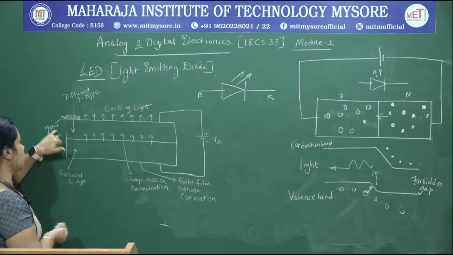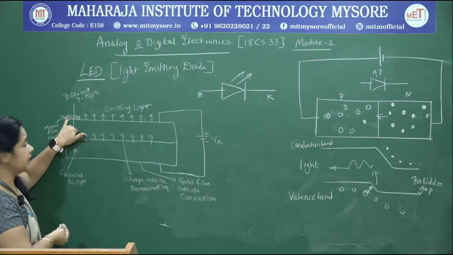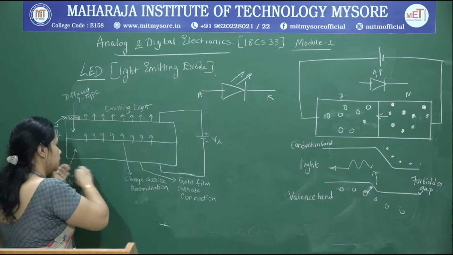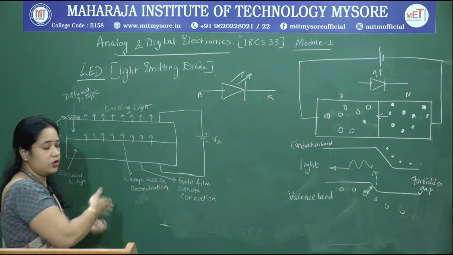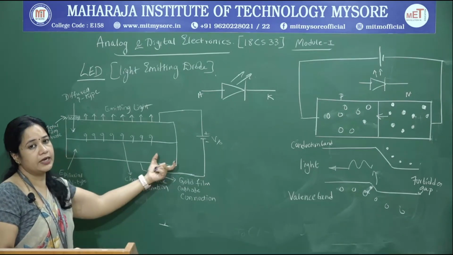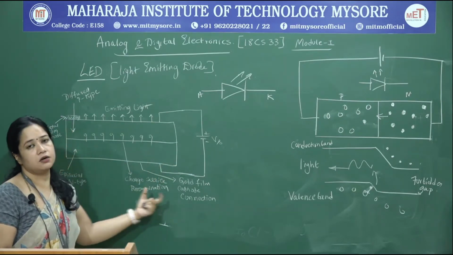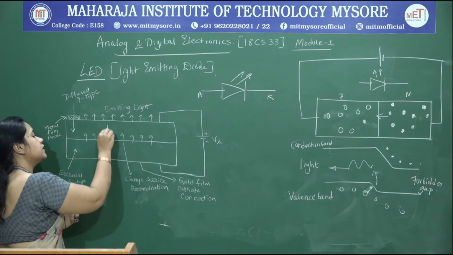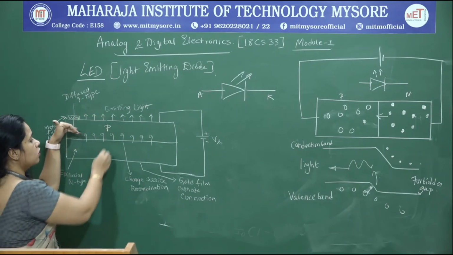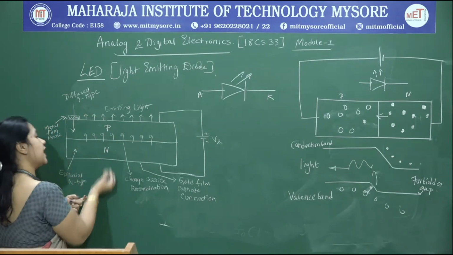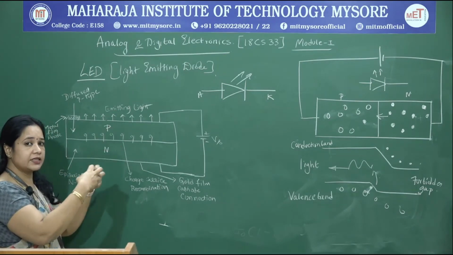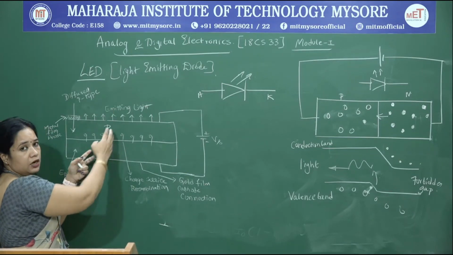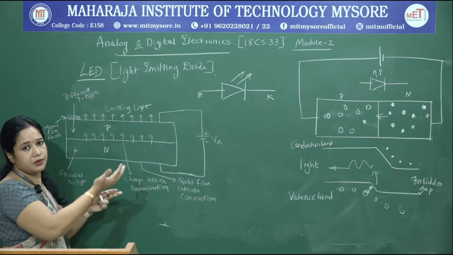To provide external connection, we have a metal film oxide which is used to draw the connection for the anode, and we have a gold film cathode. A layer of gold film is drawn onto the n layer, which acts as the terminal for making connections to the cathode. Please note, we always put the p-type onto the n-type, because electrons diffuse into the p region, electron-hole recombination takes place, and the light starts emerging from the p-type semiconductor.